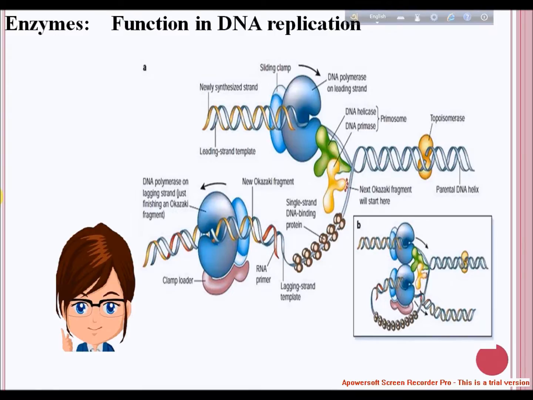Primase provides a starting point of RNA or DNA for DNA polymerase to begin synthesis of a new DNA strand. At last, telomerase lengthens the telomeric DNA by adding replicated nucleotide sequence to the ends of eukaryotic chromosomes. This allows germ cells and stem cells to avoid the Hayflick limit on cell division.